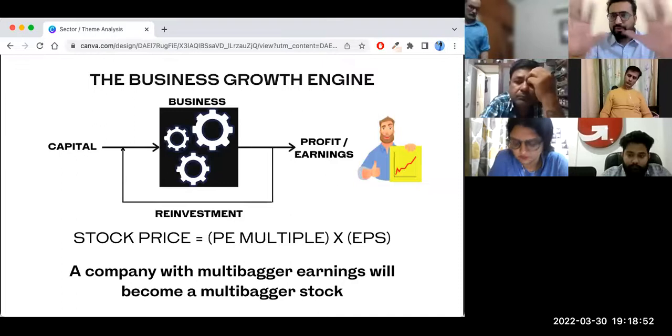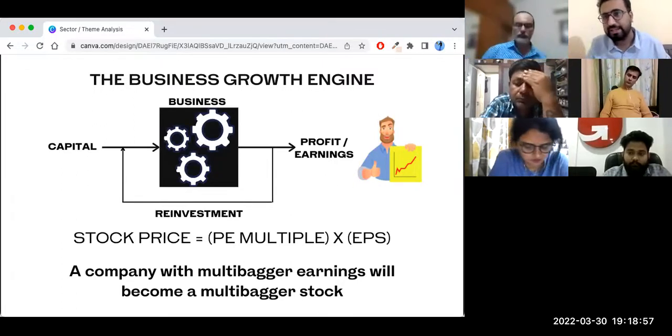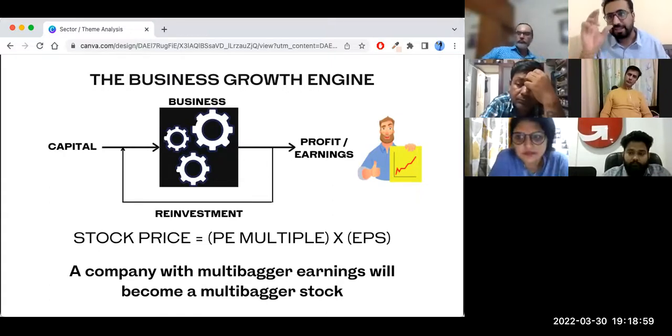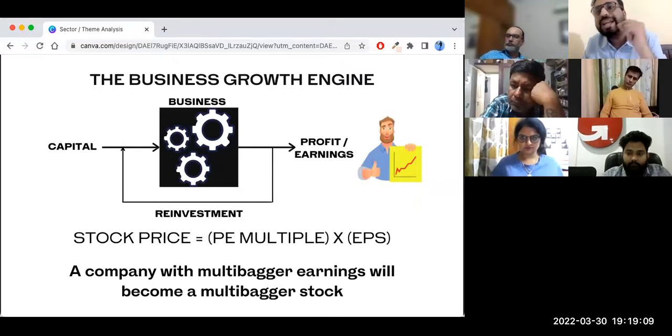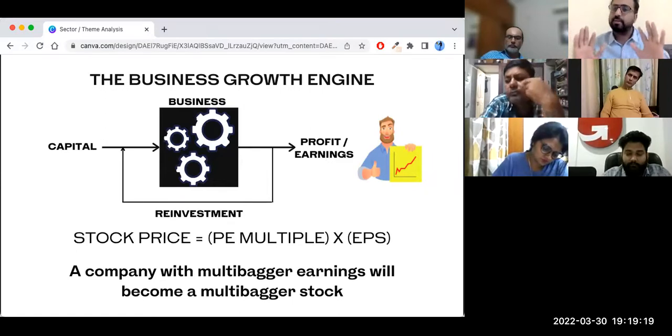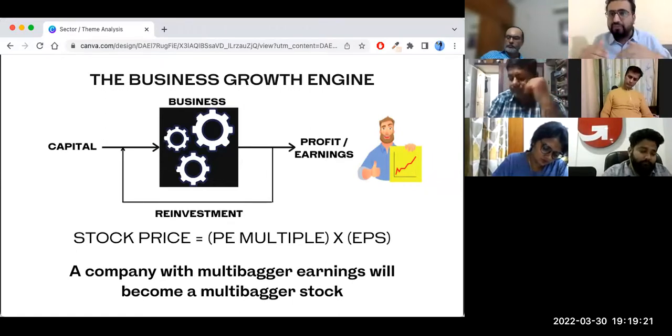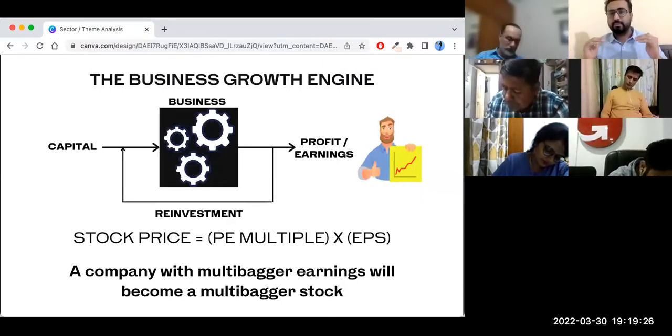Right? So don't worry about all these examples of growth I'm giving you. I'll be explaining that in detail. The summary here is: growth after a certain point of time is not only dependent on reinvestment rate and efficiency, but also dependent on sector dynamics. Please note it down. Growth after a certain point of time is also dependent on sector dynamics, right?